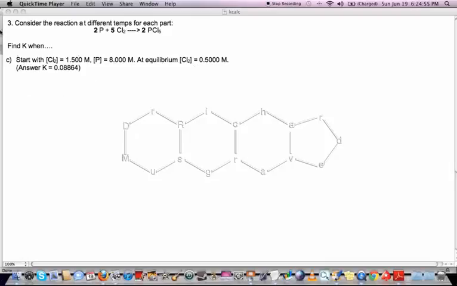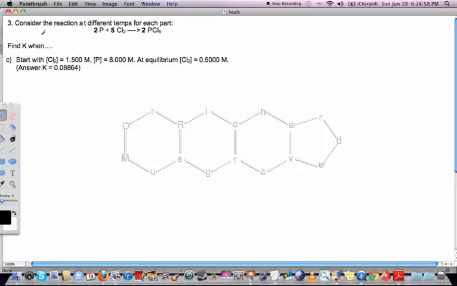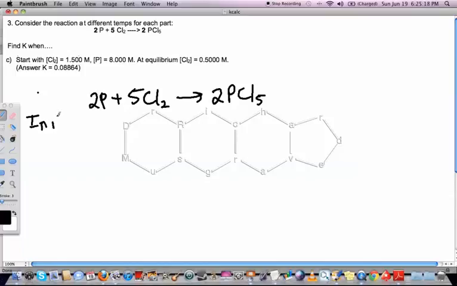Alright, so we get started and we'll do the equation first. And we'll start off with an initial concentration here, so it'll be initial in molar. And the phosphorus concentration initially is 8.000 and Cl2 is 1.500, and the initial concentration of the product will be 0 because this is all we're going to be starting off with. Now at equilibrium,